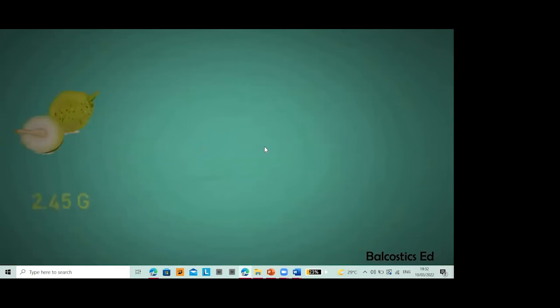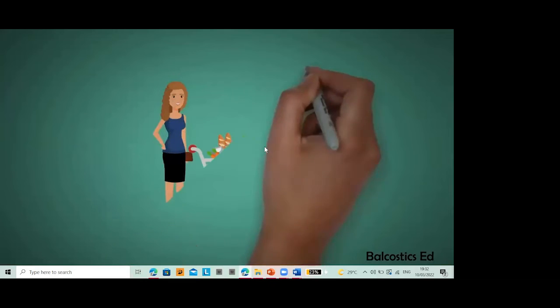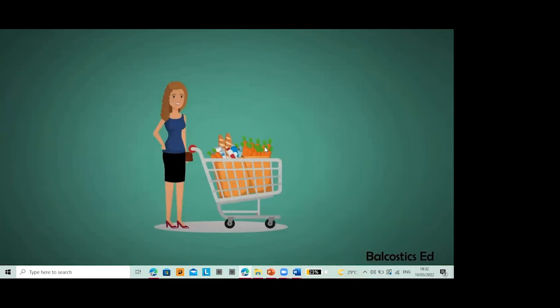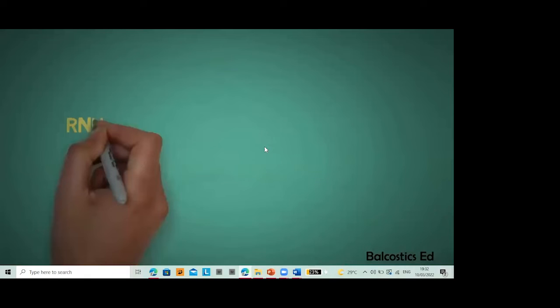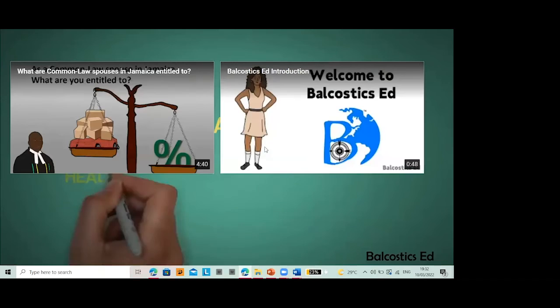So next time when you reach for the foreign goods on the shelf, don't forget, our local products are the best. This research was conducted by nutritionist Patricia Thompson. She is the Executive Director of Jamaican Island Nutrition Network.